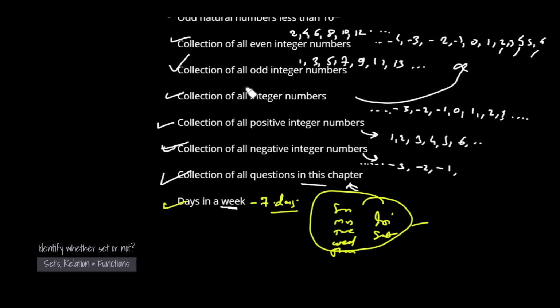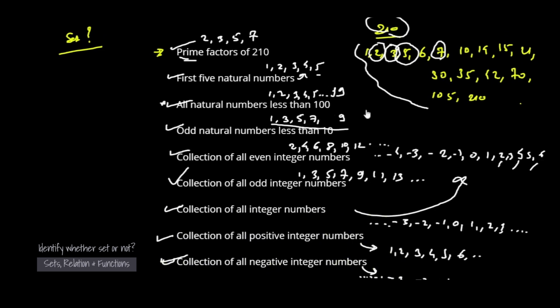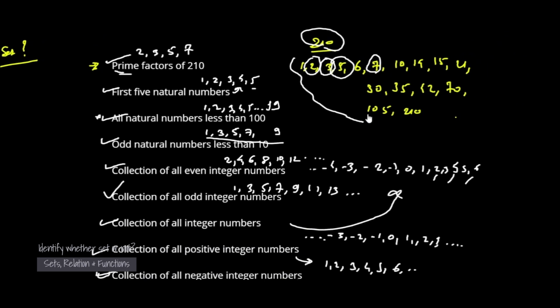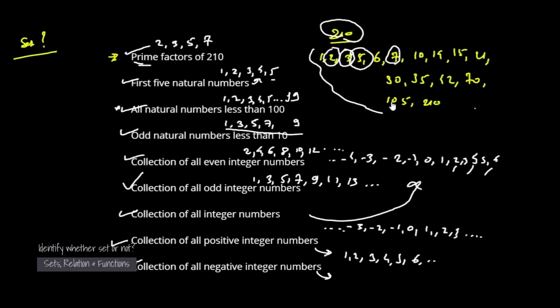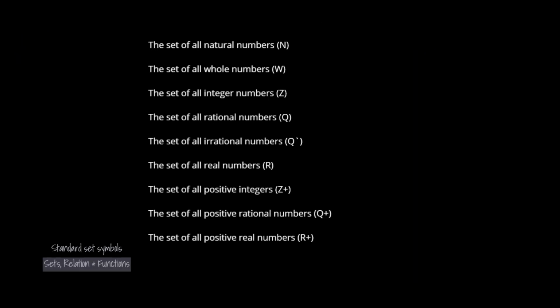Okay, so like this we have seen some of the examples, and we have identified whether these particular collections are called a set or not a set. Now, some symbols are specially used to represent particular sets. For example,